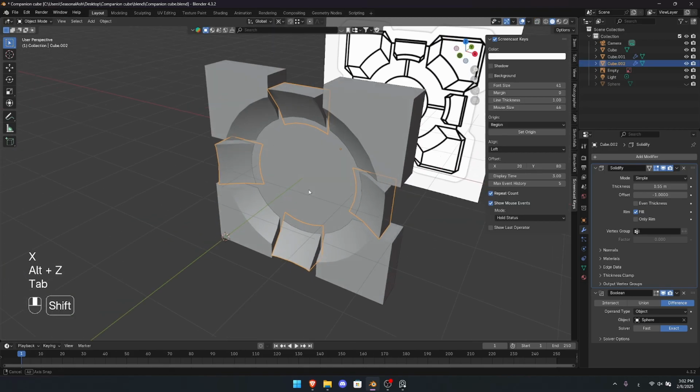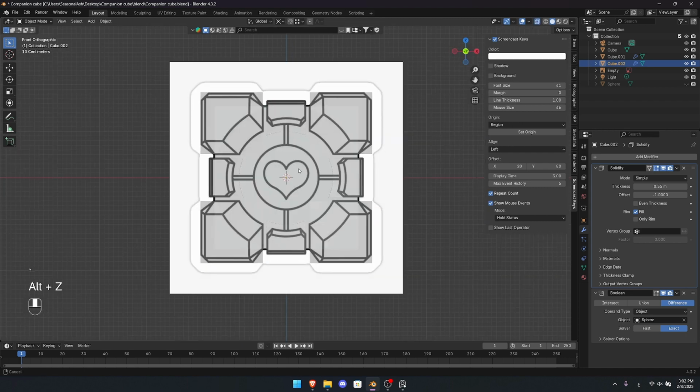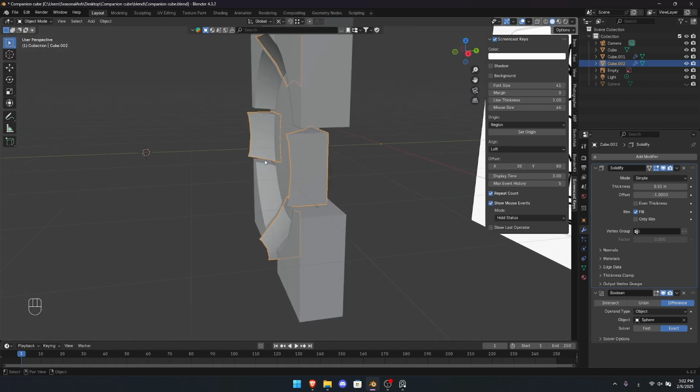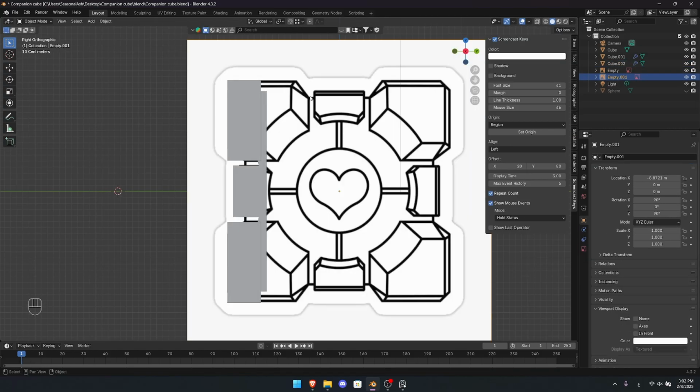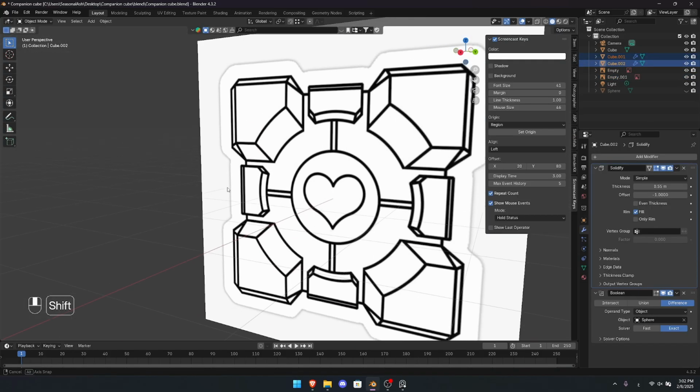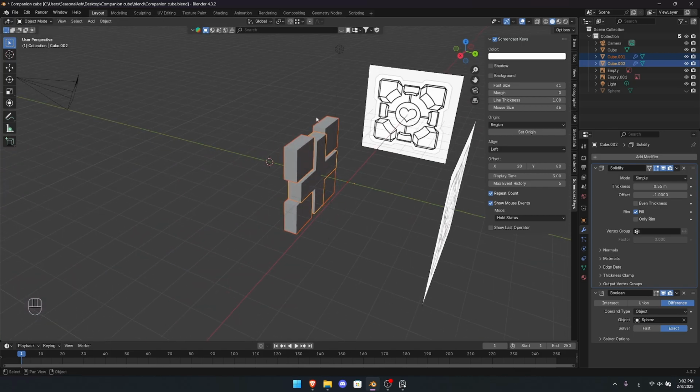And let's see, what do we have now? Okay, this is not what I need. What's wrong here? Yeah, I think the problem is that this is way too close. Let's add another cube. So let's take both of these, every object I modeled so far,